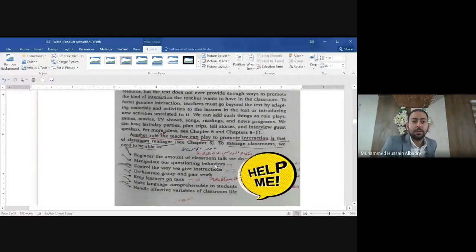You have to control the amount of classroom talk we do, manipulate your questioning behavior, control the way we give instructions, orchestrate group and pair work, keep learners on task, and make language comprehensible to students. Your language should be simple, and we'll talk about this point. Handle effective variables of classroom life.